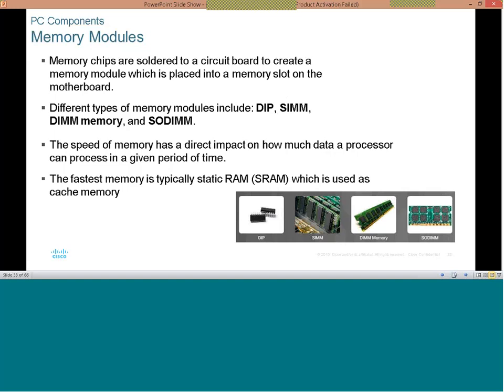So there are different types of memory modules. It could be the SIMM, it could be the DIMM, and it could be the SODIMM. Now, each of these types of memory is used for different purposes. For instance, the SODIMM is used in printers. SODIMM stands for small outline dual inline memory module. So these are actually different types of memory that are used for different types of devices,